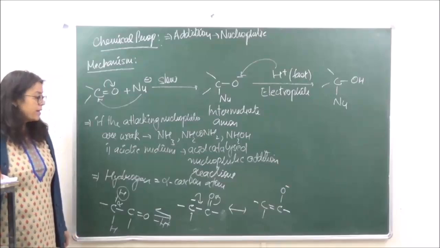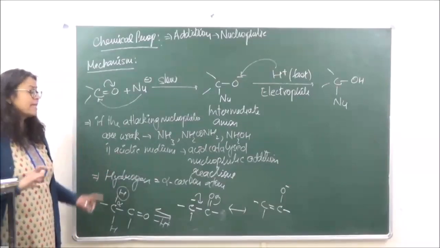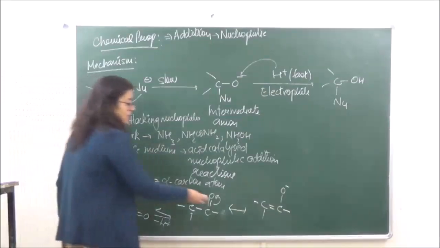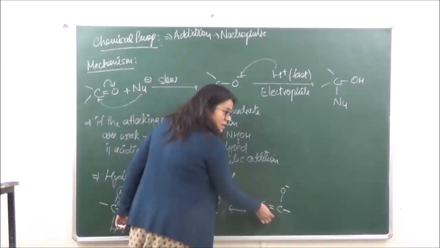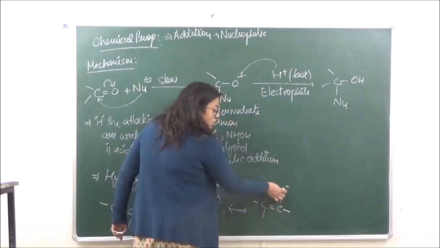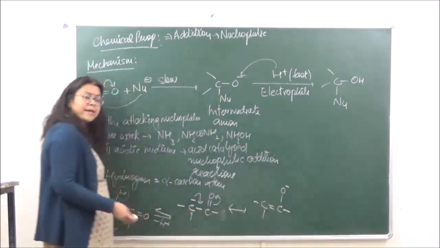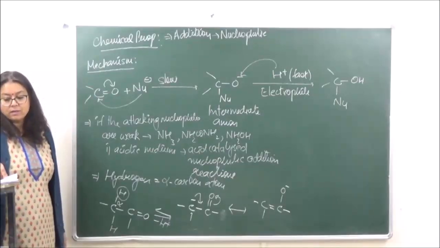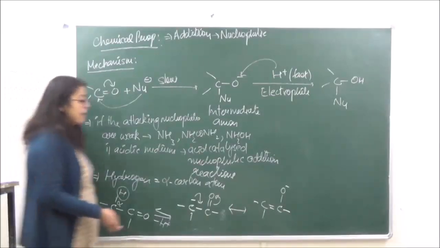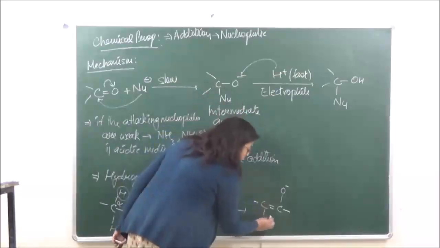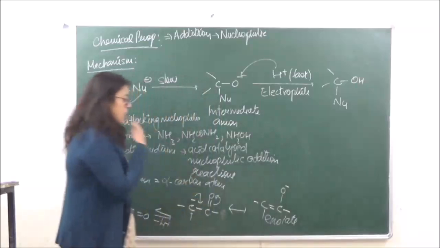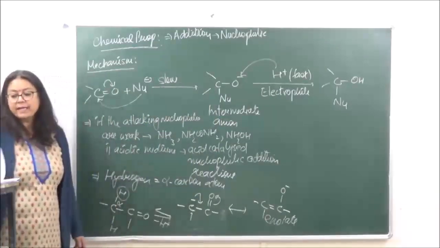Right? Now over here, this is known as an enolate arrangement. Enolate means en, and O negative. So this is known as an enolate arrangement, and the anion which is formed over here is known as the enolate anion.